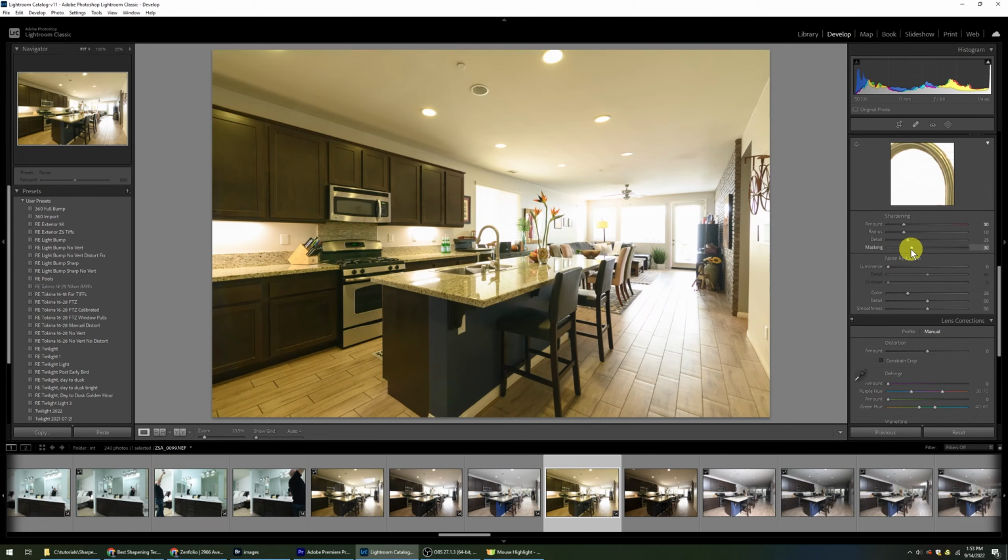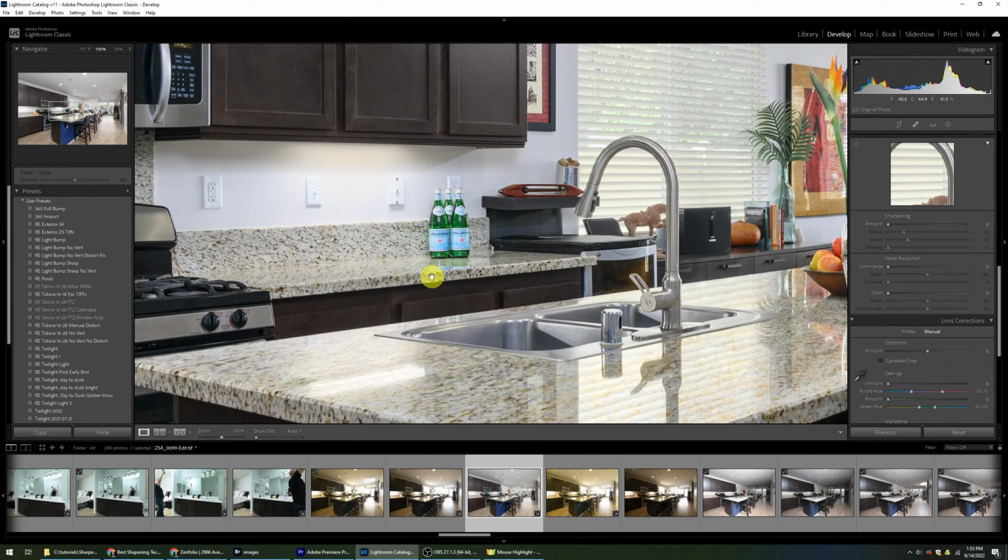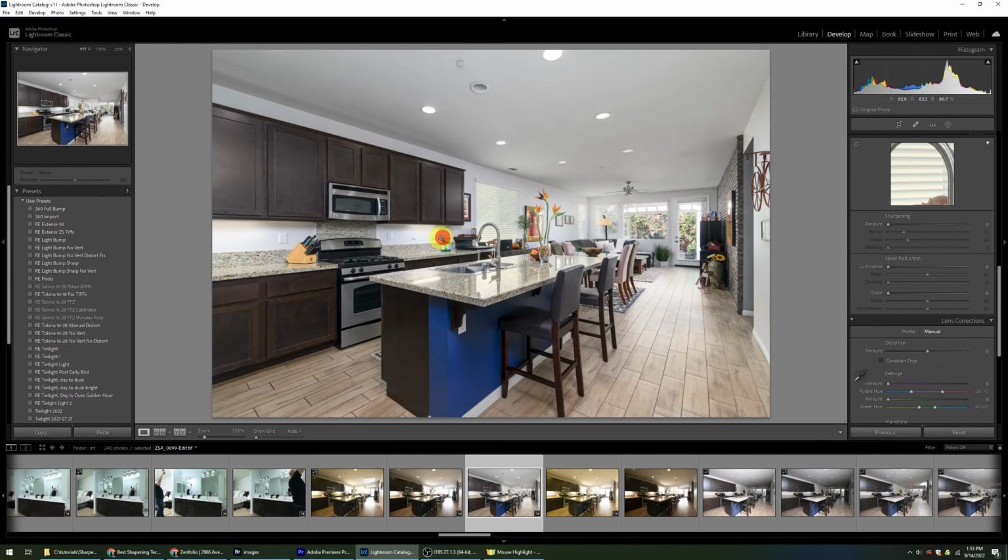is applied. Let's say that we did want to sharpen our image at this point, just to make it a little sharper. Perhaps we can bring in a little bit more of the text on the Pellegrino bottles here, which really wouldn't matter for a real estate photo, but let's say that we want to do that. Well, what we can do is just add a little bit of sharpening first and then see how that will work with our masking. To do that, you want to first move the sharpening slider just a little bit to the right. The amount of sharpening at this point won't matter yet because what we want to do is see where it will be